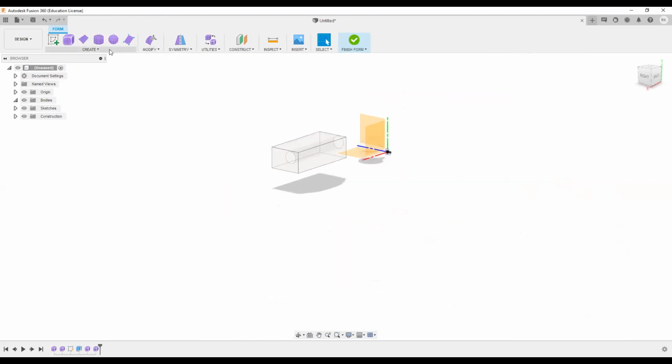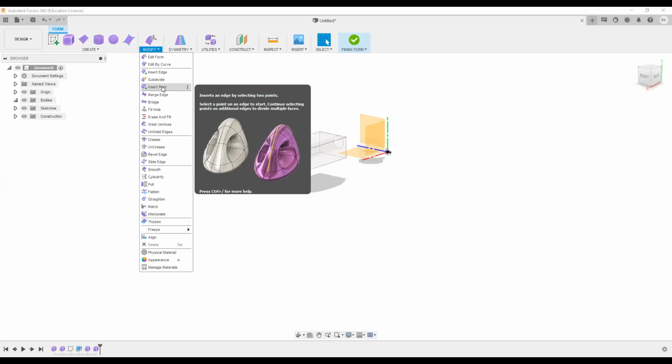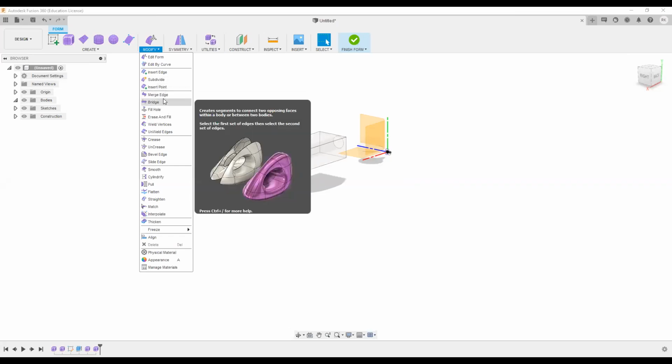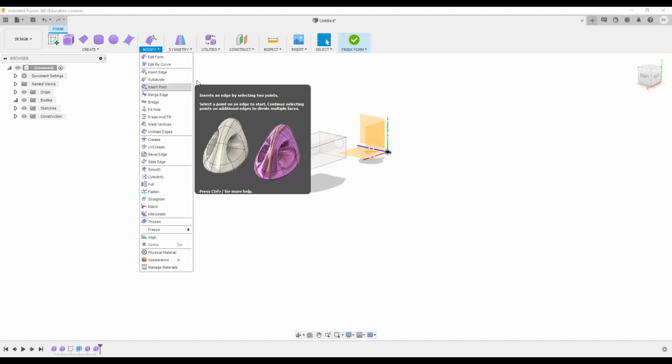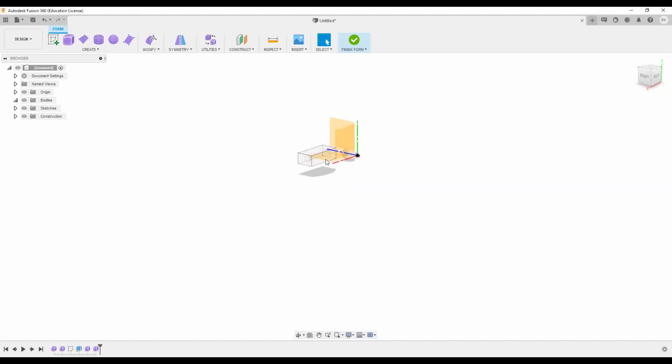I'm very sorry that I cannot explain every tool, because the tools are very specific. I mean, we cannot use them everywhere. For that, you can check out the Autodesk Fusion 360 forums. You can also check out YouTube videos on how to use all these tools, this bridge tool, this merge edge tool. I was unable to explain them because it would take a lot of time, since first I would have to make a body for that particular application. Then only I can show how the tool works. So I'm sorry for that. So yeah, that's it from my side.